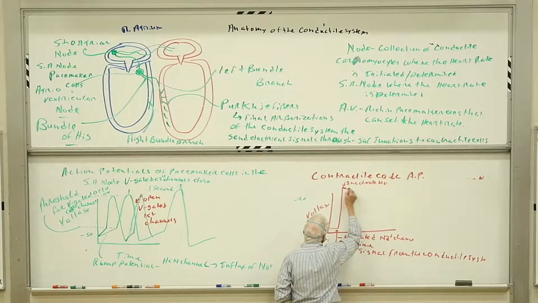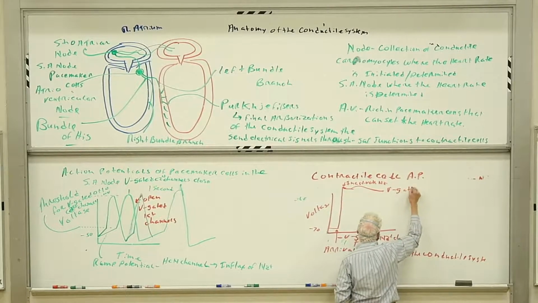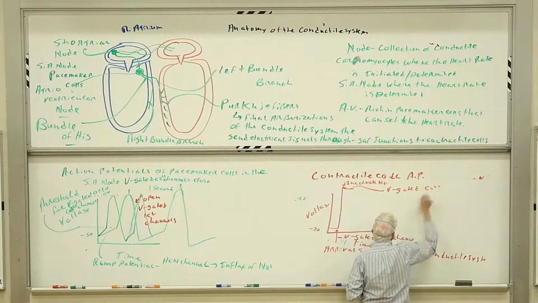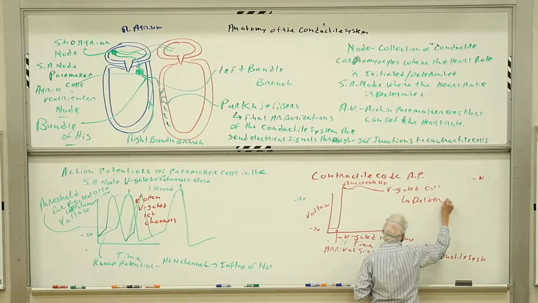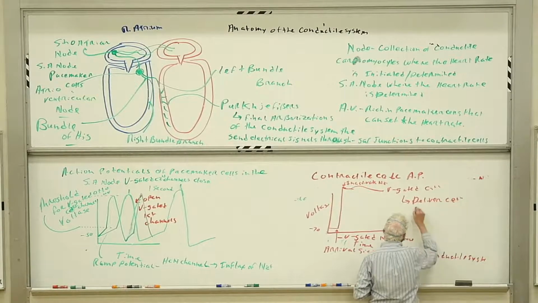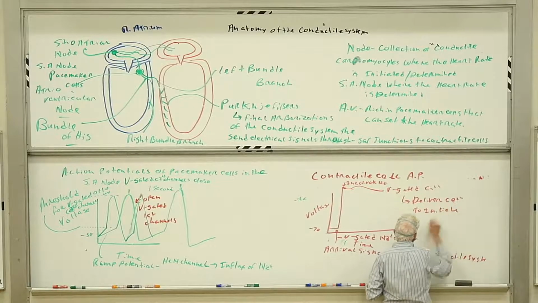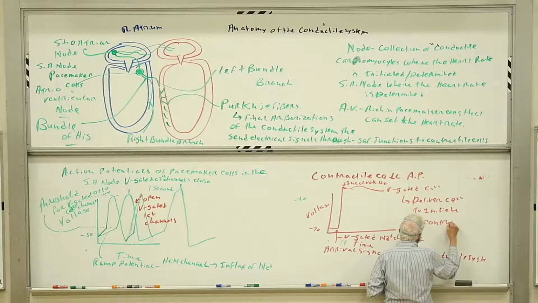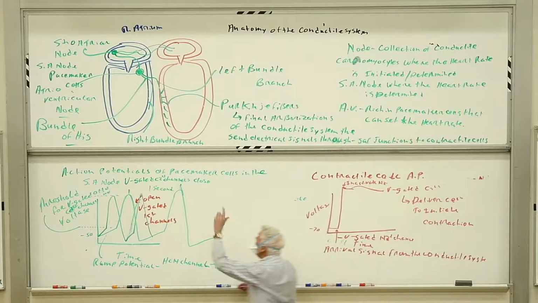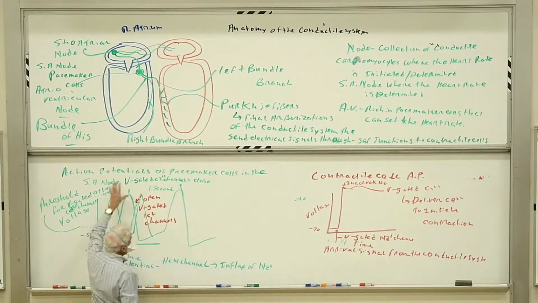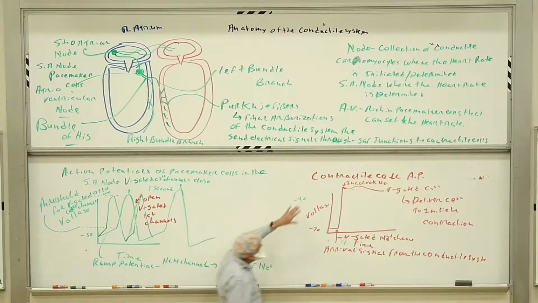And from there, we now have open for some period of time voltage-gated calcium channels that deliver calcium to initiate contraction. We'll start there next time, and we'll see that as we move through this conductile system, we leave behind these action potentials so that pacemaker cells and more take on these